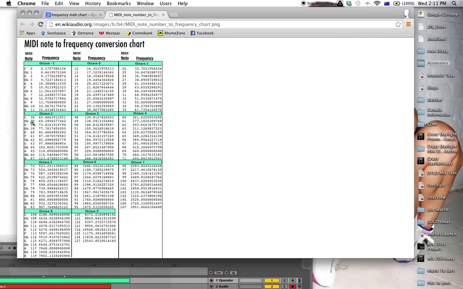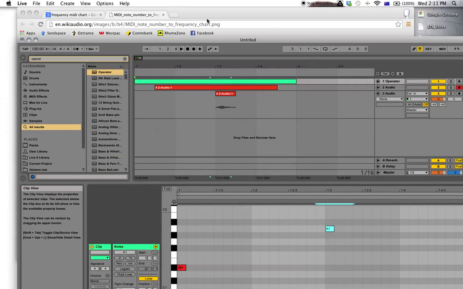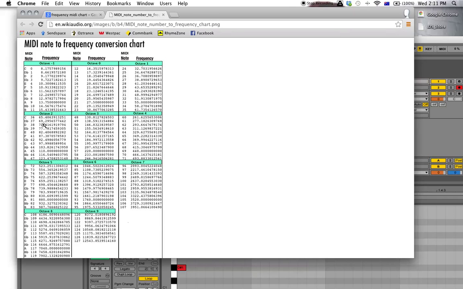From memory of looking at this chart last time, what it considers to be D1, I think, is actually D2 on this MIDI chart. There must be some sort of different understandings in the world about what number octaves are, but I know that the D that I'm actually, well, they're calling it E flat here, the E flat that I've been playing with is the 77.7 Hertz frequency. I mean, if you want to check that,